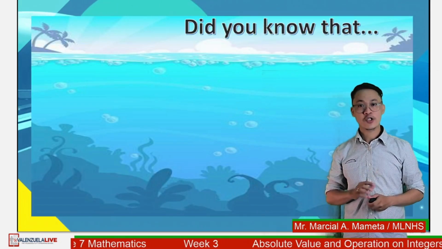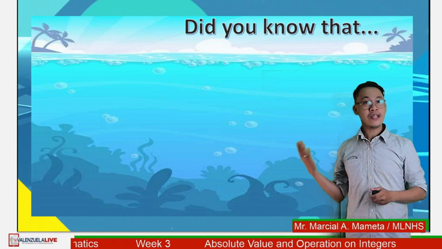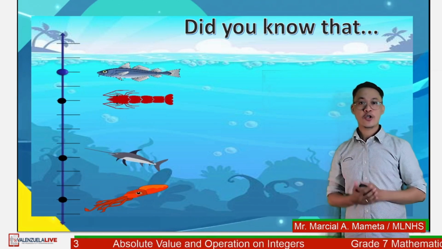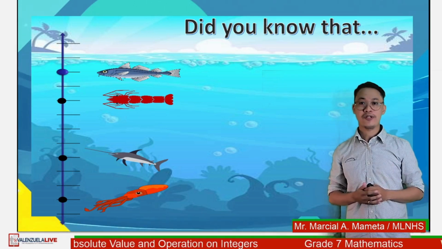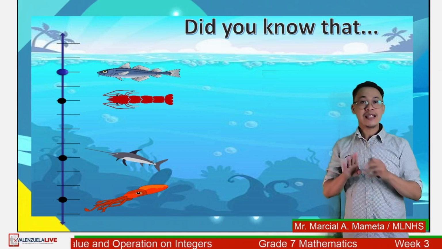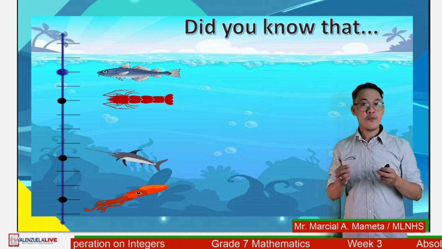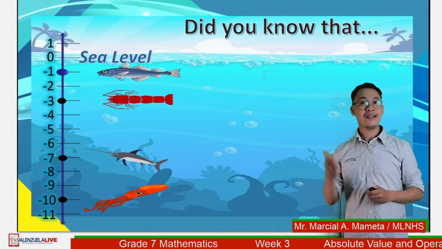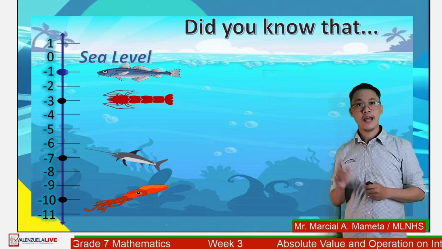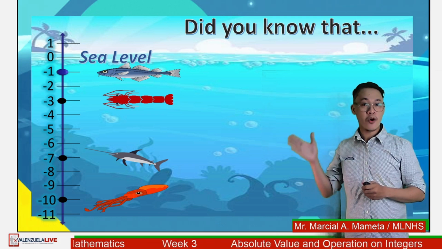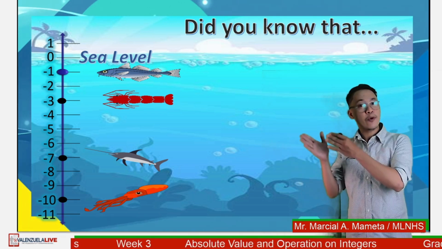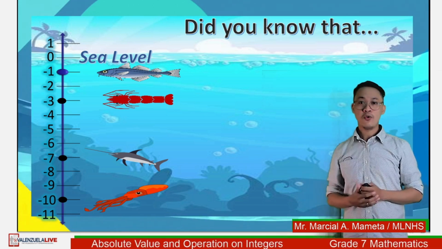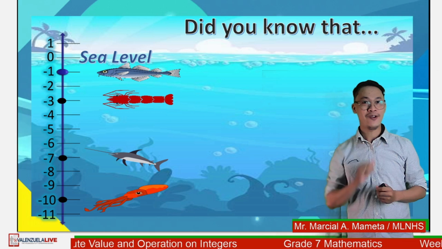Did you know that some sea creatures are found within a specific ocean zone? A graph here shows the position in hectometers of some sea creatures in different ocean zones. Let us assume that the 0 on our number line was at the sea level. Now, focus on the numbers that mark the creature's position on a vertical number line. Note that the distance from 0 to -1 is 1 unit.